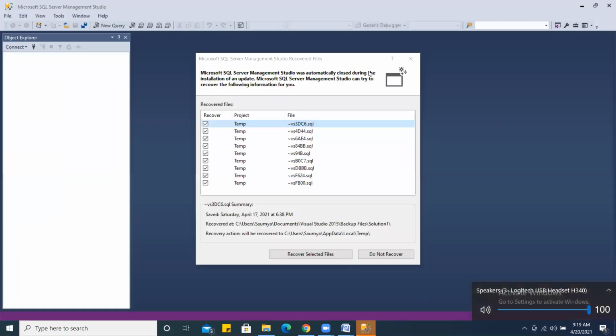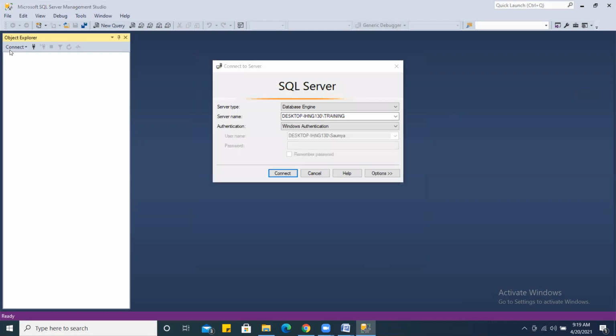Second thing, why we need statistics? That is the question, right? The answer is that statistics helps the optimizer to decide the number of rows on which a particular operator has to operate.